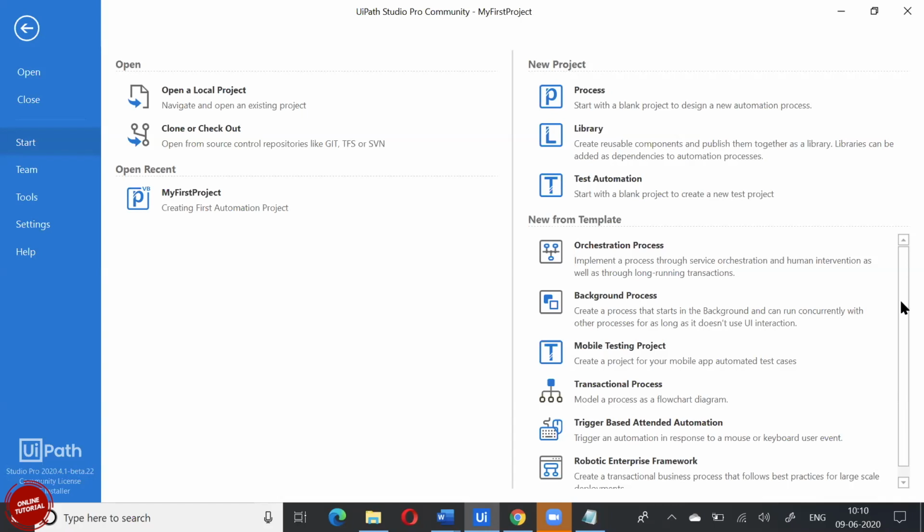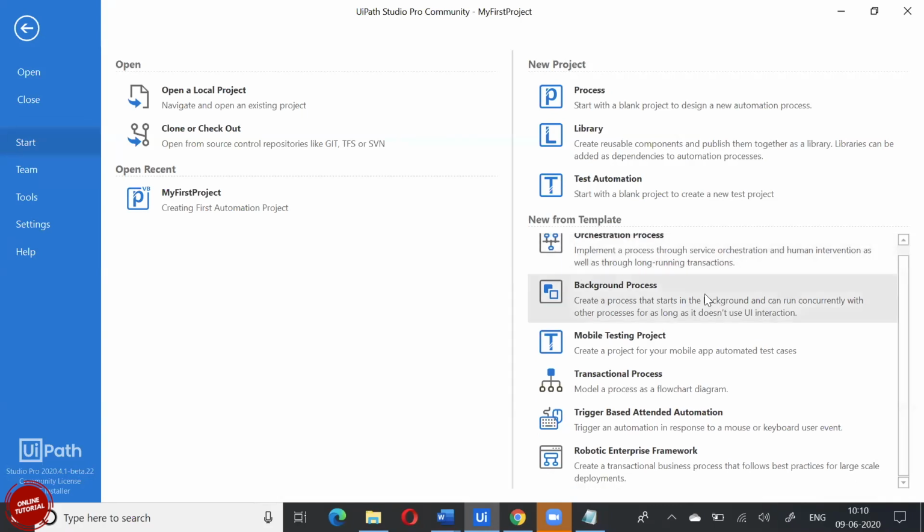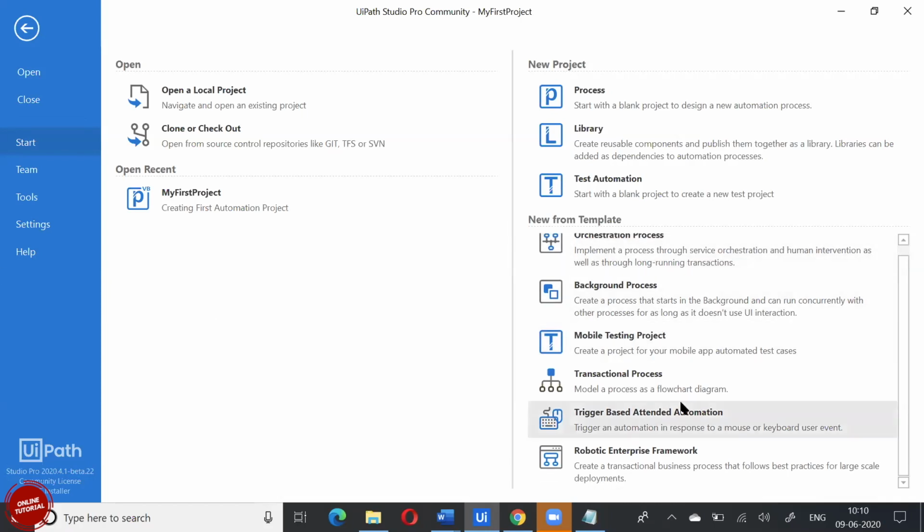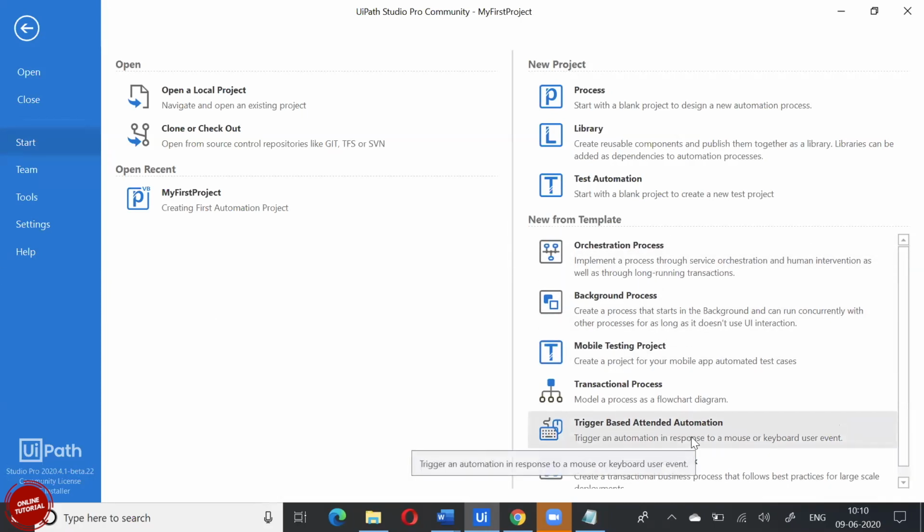Sure. Okay. And then next we have something called templates. These are all predefined structured templates given by UiPath. It is like this: you design something today, and in your next project, you know that the starting point of your design remains constant. You don't want the design to change. That is exactly what these templates are. They are pre-fitted templates, and you can customize them based on your requirements.